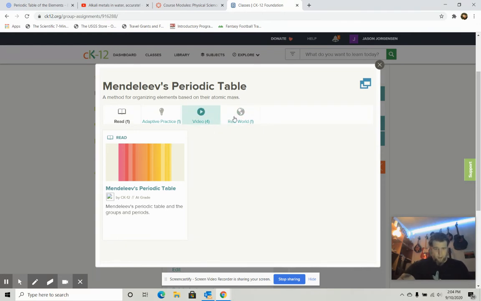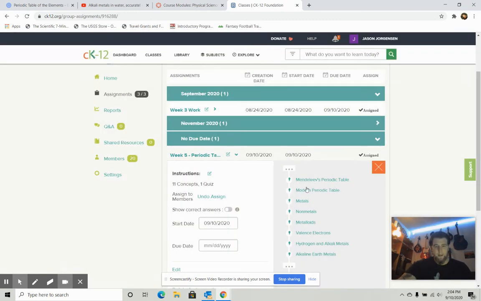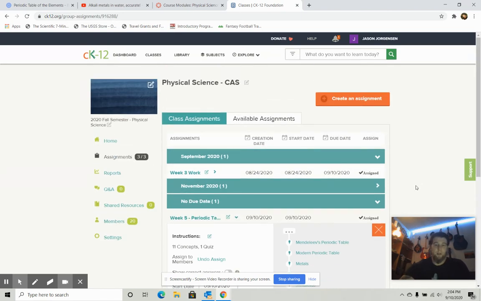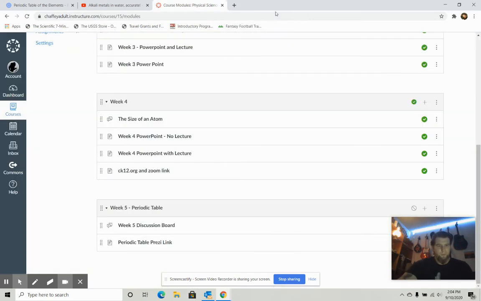Once you're done with those and you feel comfortable, you go into the adaptive practice, answer those questions, and move on to the next section. You can see these are the sections here, so there's a decent amount. This is why you don't want to wait on this type of thing. It'll become insurmountable. And also, if you're not doing it, I have to assume that you're just not going to participate in the class, which I don't want to do. But anyway, last of the unfun stuff. So now it's done, and back to what we're going to do tonight.